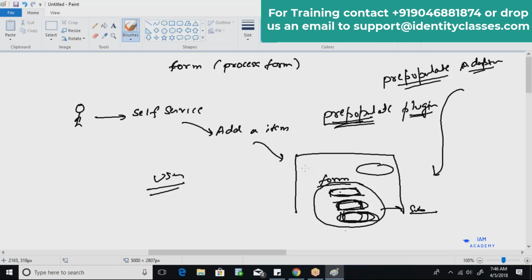Let's say I have one new plugin that is responsible for generating the email ID based on certain configuration. Whenever some feature is missing and you add that missing feature for the betterment of your own application, we refer to it as a plugin. These are the missing features.